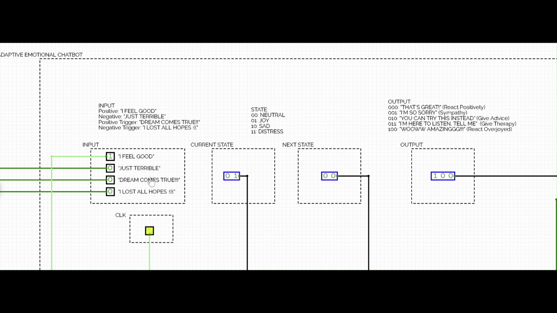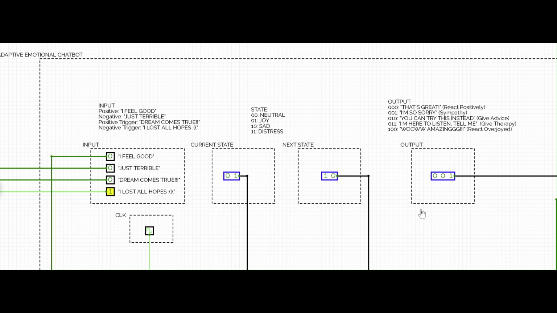So if I assume that the user's mood suddenly changes to something extremely bad, that makes them click the negative trigger, here. So I turn it off here and I click here to assume that the user experiences something extremely bad. And because they are in the joy state, which is 1, and they receive the negative trigger, which is minus 2, 1 plus minus 2 will be minus 1. So the next state will be sad, because the scale is equal to minus 1, and the output is also equal to minus 1, which means the machine will sympathize with the user.